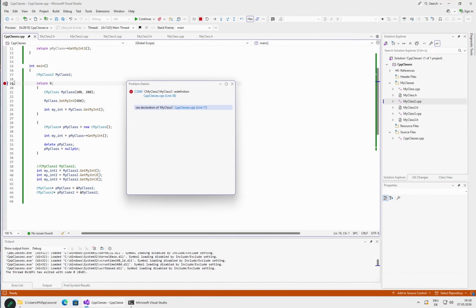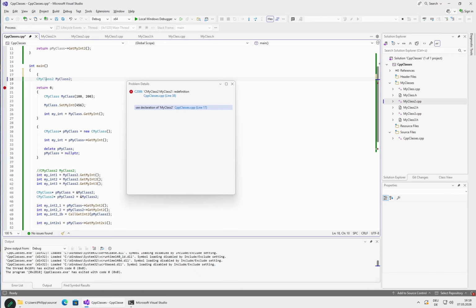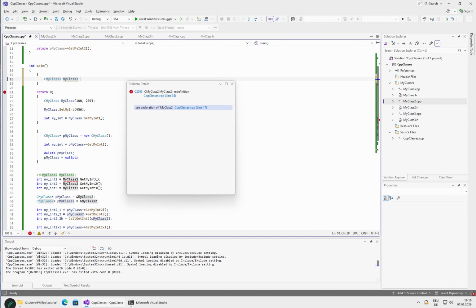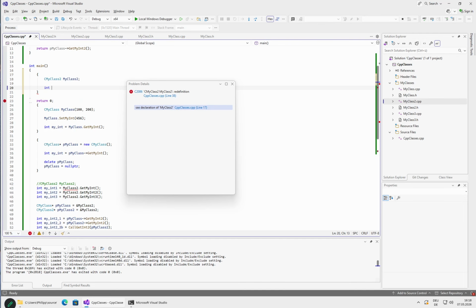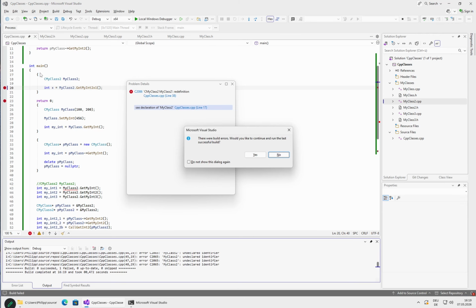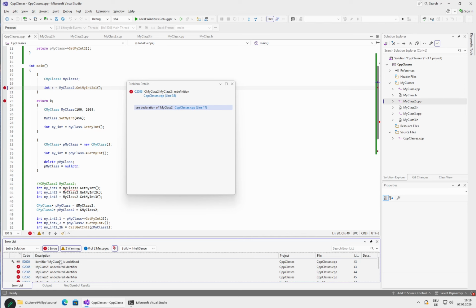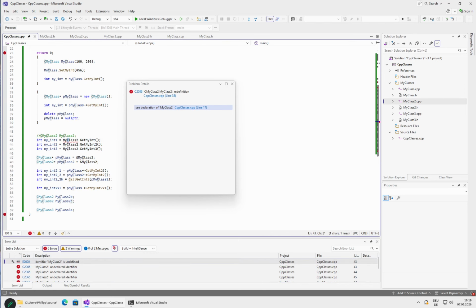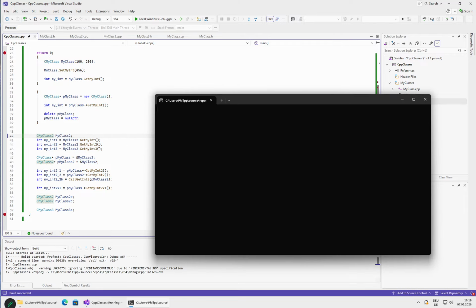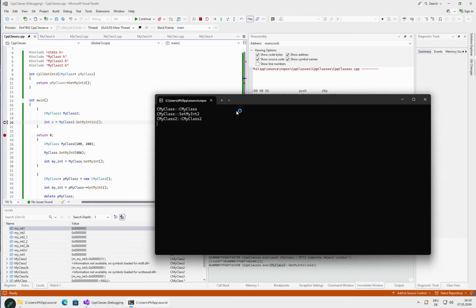This is not quite as much saying as we want. Let's put this into brackets. Int x is equals. Okay, let's do it like this, and we put a breakpoint here. Right, and since it has a scope now, it's no longer visible there. So we are creating an object of the type